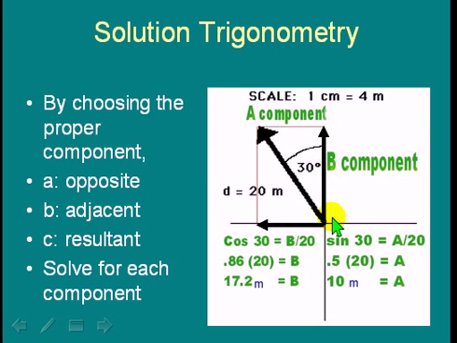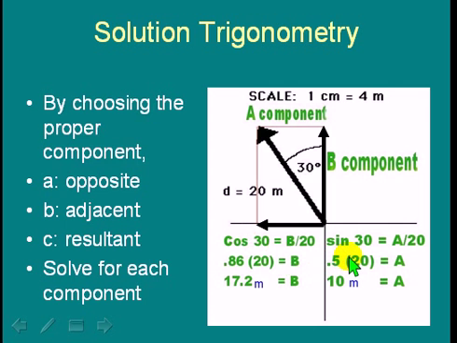So for our B component, what we're going to use is the cosine function, because we know the 30-degree angle, and we're trying to find the adjacent side, which is the B side. So we're going to use cosine. Cosine 30 equals B divided by 20, and from there we can plug in 0.86 for the cosine. We solve by multiplying that by 20 to get B, and we end up with 17.2 meters for the B